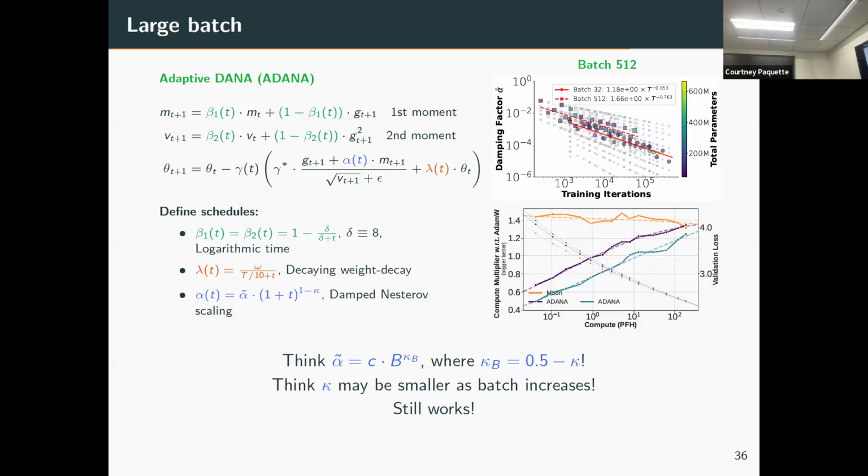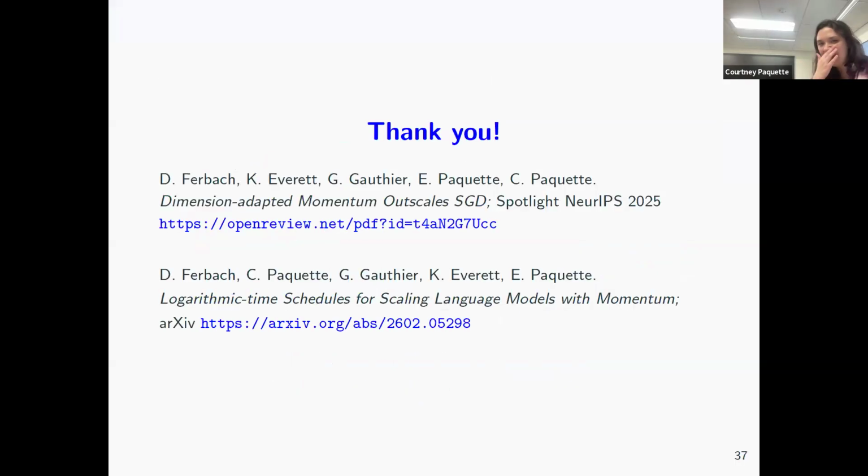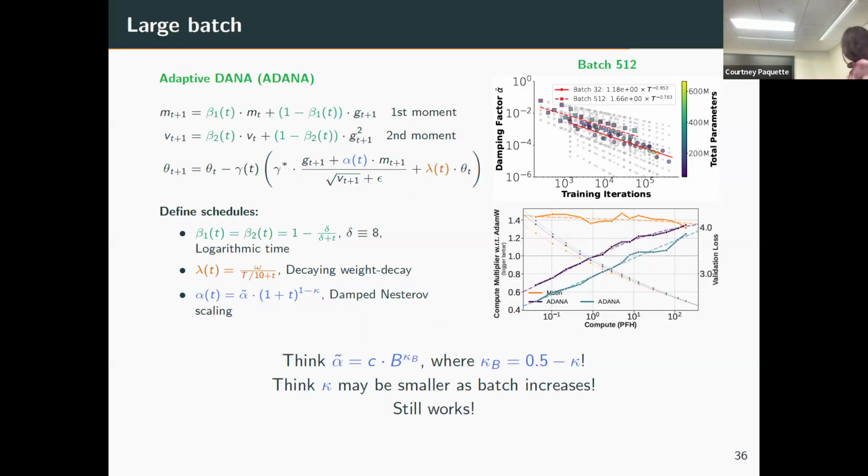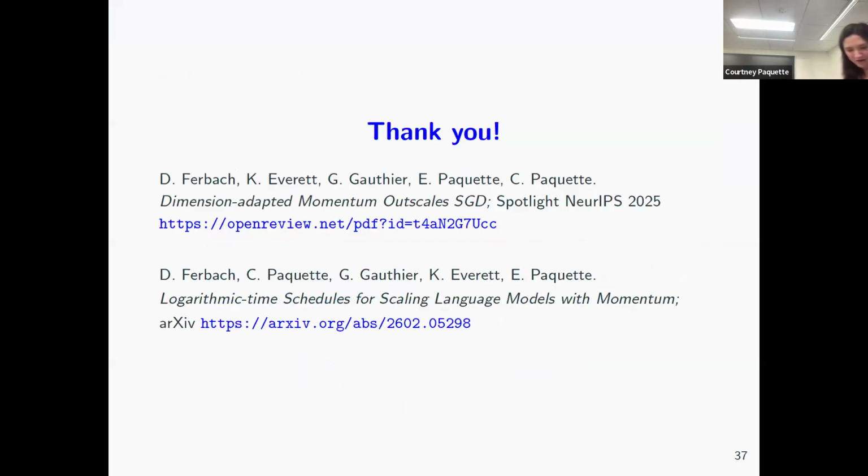There's also a reason to suggest from the parallel random feature model that your kappa actually decreases as batch goes up, because you're going down to full batch. So you can do that and it works. It's beautiful. It's kind of fun. Anyway, we were playing around with batch, so I'll end here because I know I'm over. Sorry. And that's these 2 papers. The last one is the really empirical one. Thank you.